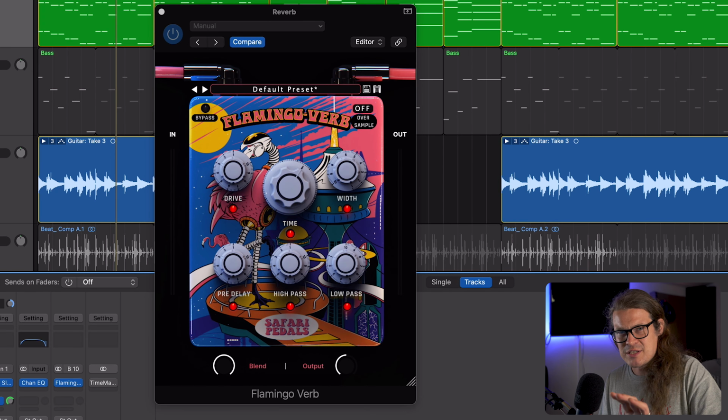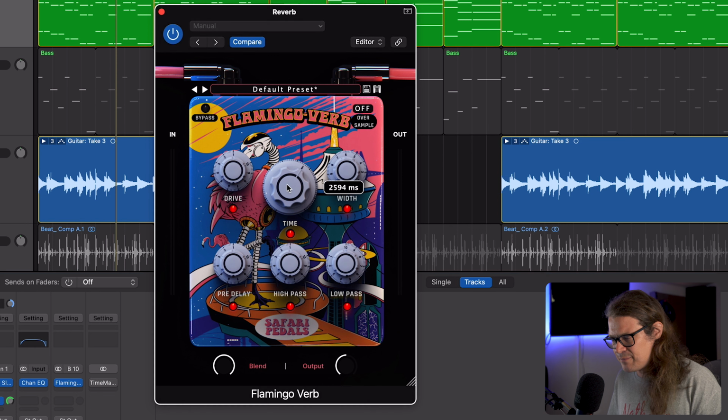And it's not like any other reverb. You can't just say that this sounds like a plate, this sounds like a room, because when you're dialing in that time constant, it's changing, and the numbers that are on there, like 2594 milliseconds, 2.5 seconds, you almost have to just say, all right, that says that, but I'm actually going to ignore it because it's changing the algorithm, and it's changing the overall aesthetic